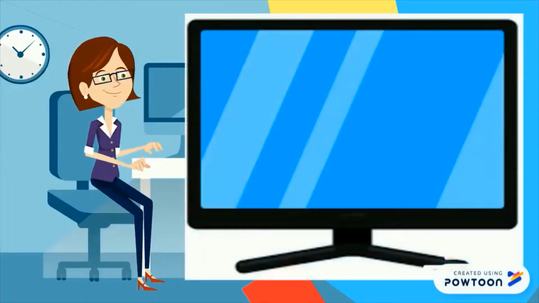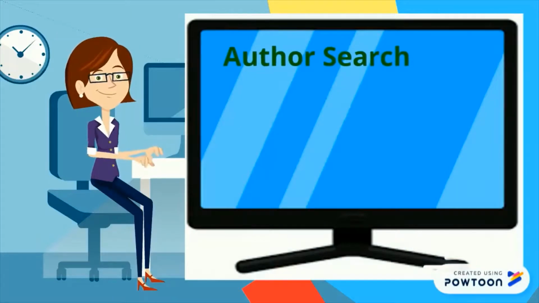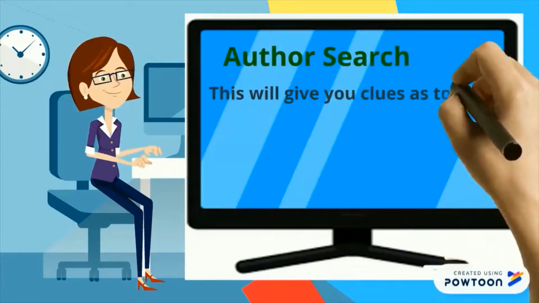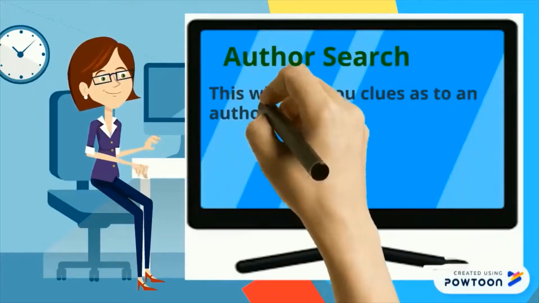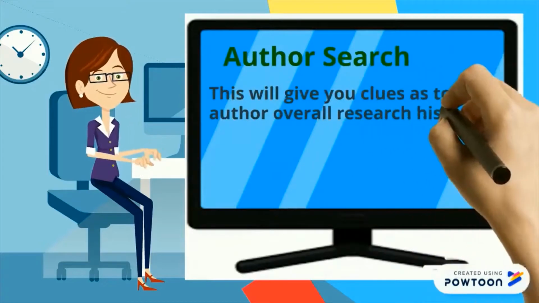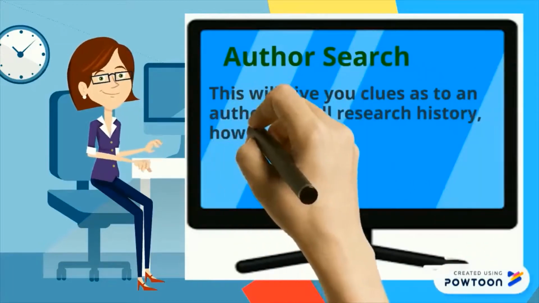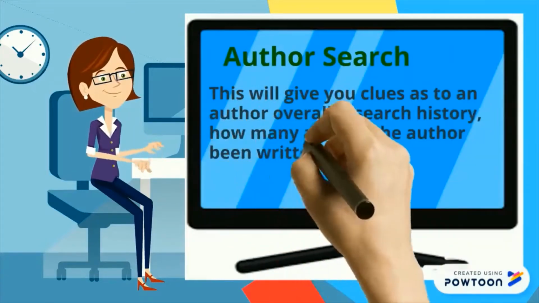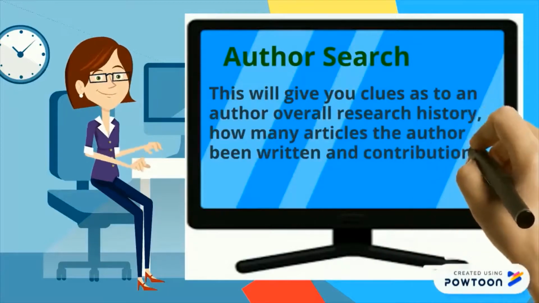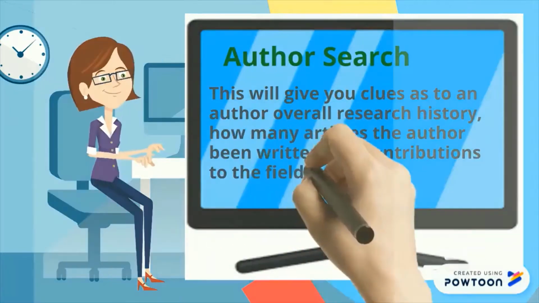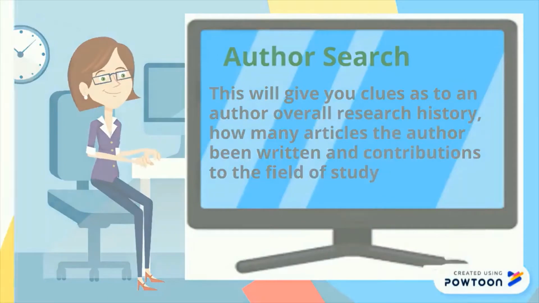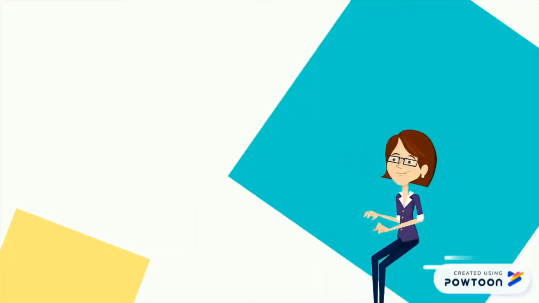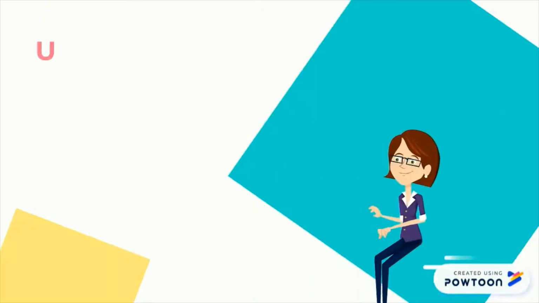Let's start our focus on search strategies with author search. Author search will give you clues as to an author's overall search history, how many articles the author has written, and contribution to the field of study. Some databases streamline the process of author history. In this case, Wiley Online Library includes a link to find more content written by the author. You can look for either of the authors or all of the authors. EBSCO databases also